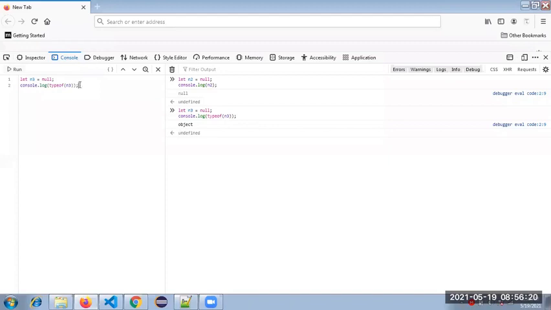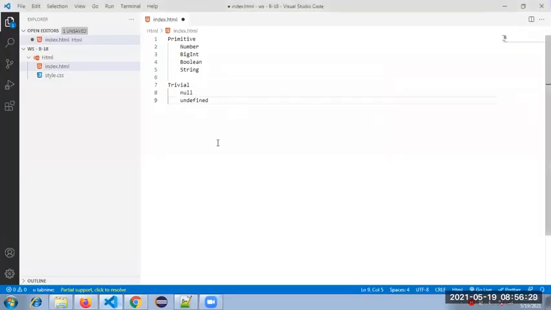One more item is pending, composite data types, we have to see, right? We will complete that. Composite, we will see objects only.